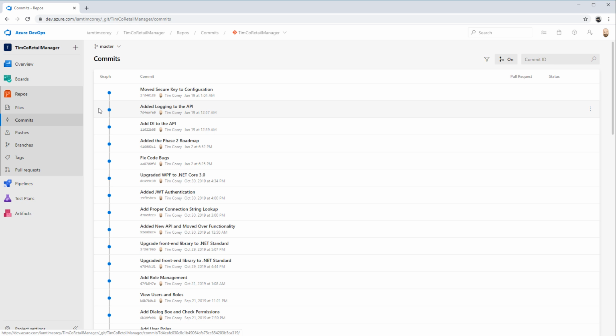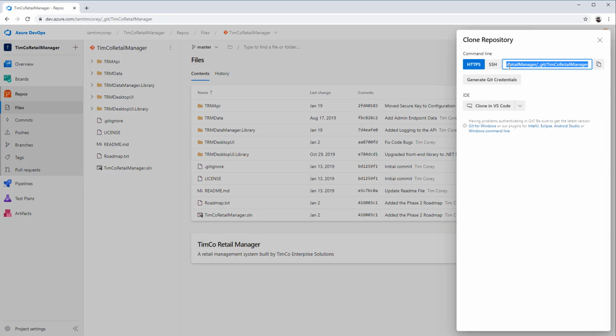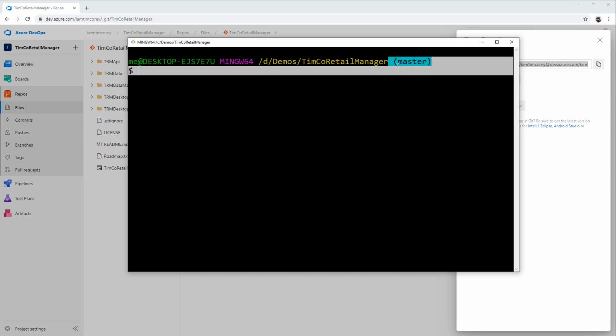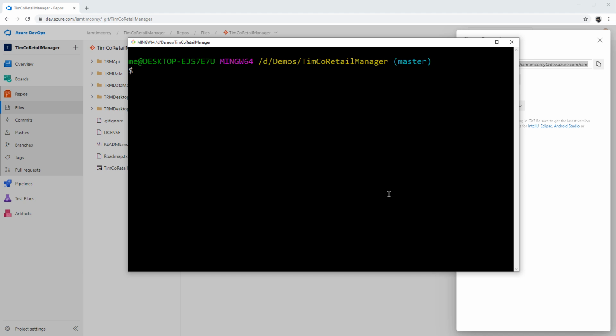So my advice is go to all your machines that are using this project, and first of all, delete the repositories. Make sure there's no unsaved source code, but delete the repositories, and then do a git clone, which you can do by going to Files here, clicking Clone, and just copying this, and then come back to your bash wherever you want it to clone into. Now I've already got it here, but if this was not a repository directory currently, I would say git clone, and then I would do the